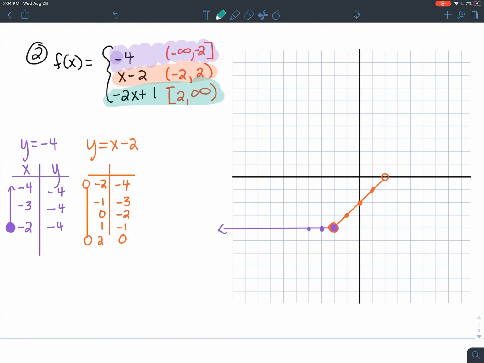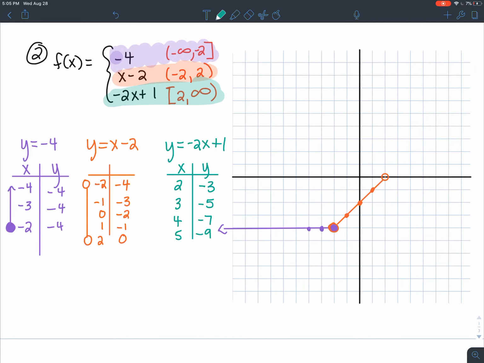All right, let's do the green. Y equals negative 2x plus 1. I'm going to go from 2 to infinity. So 2, 3, 4, 5. All right, so that's my x, and this is my y. So negative 4 plus 1 is negative 3. Negative 6 plus 1 is negative 5. Negative 7, negative 9. All right, so at positive 2, I'm going to have a